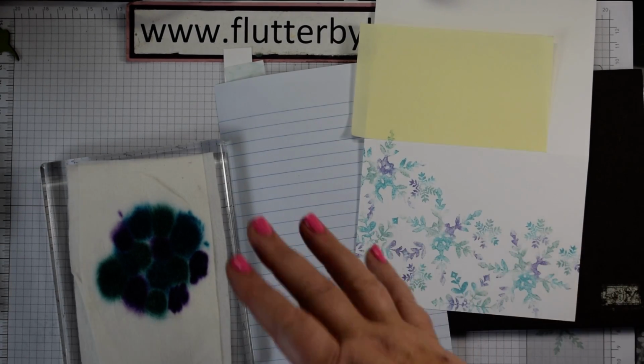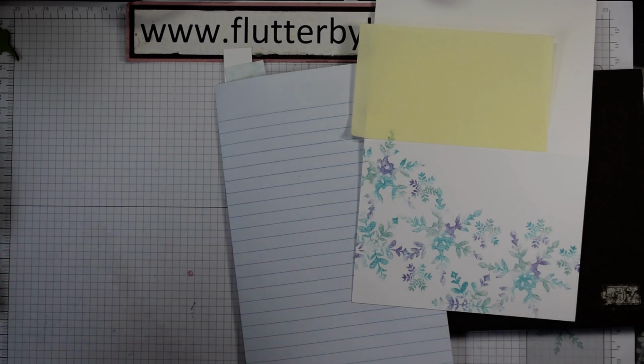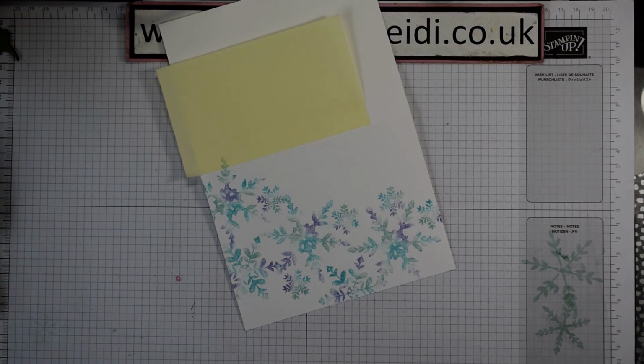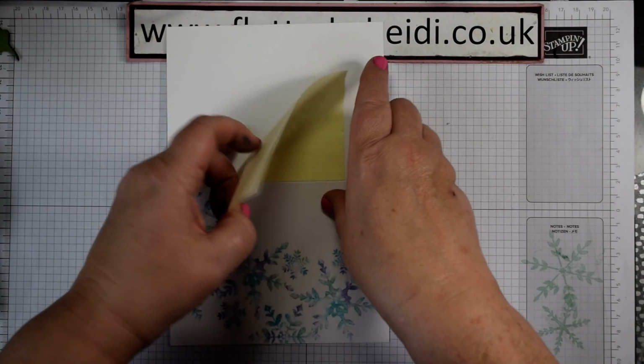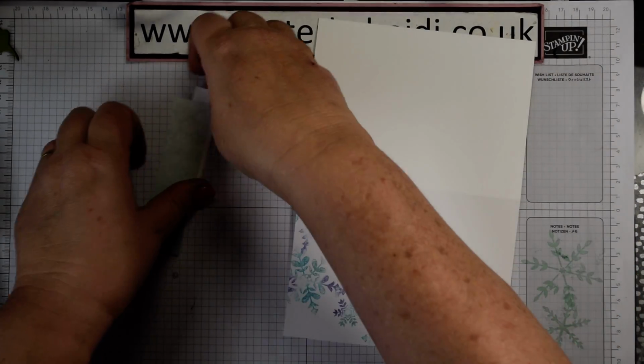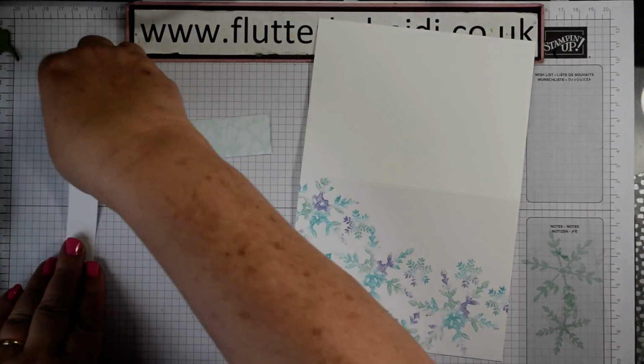So I've just kind of done a swoosh across there. I haven't gone all the way over. You could if you wanted to. And then all that remains to do is clear the decks slightly, remove my post-it, and I'm now going to try and find those bits of card and paper that I cut before. There we go. So here's my DSP and here's my